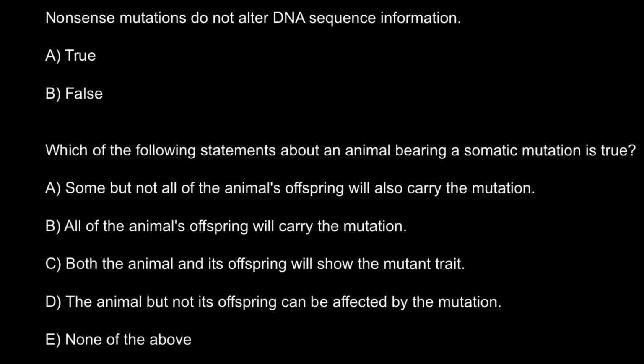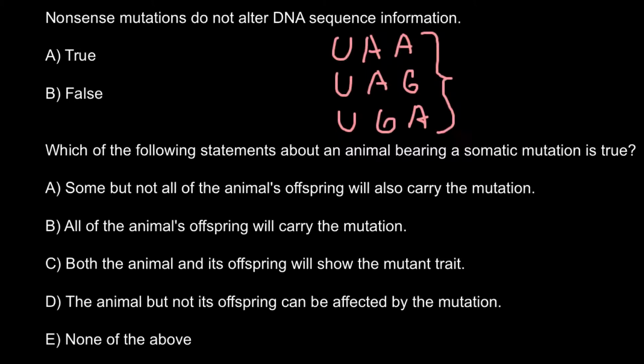The first one would be UAA. The second one would be UAG, and the last one would be UGA. All these three trinucleotides or codons would code for the stop codon. That means when,